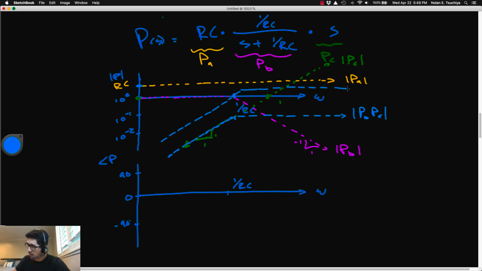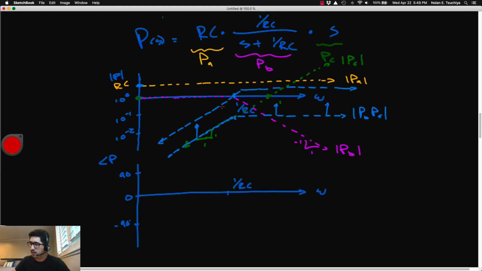And we may not end up exactly on the RC value because it depends on where the cutoff frequency actually is. Okay, so keeping it general, I'm not going to align it with RC, but the point is that we basically slid this entire asymptote up by multiplying by this amount across the board. Okay, so this becomes our Bode magnitude asymptote, and then we just need to remember that the overall Bode magnitude plot